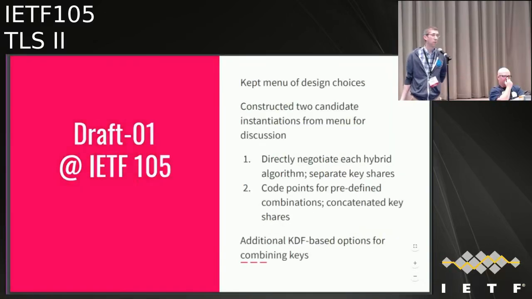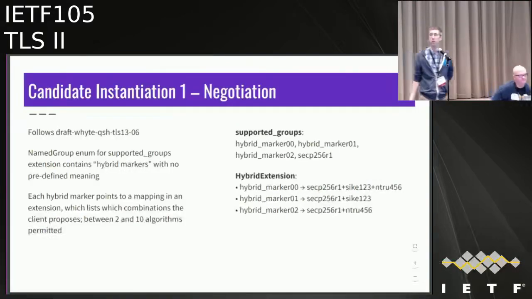Next slide. So that's what we've done. In the draft today, there is still the menu of design options, just kept there for reference. We've got two candidate instantiations, which I'll talk through today. The first option directly negotiates each algorithm and separates the key shares. The second one follows what some of the implementations have been doing, having code points for each defined combination. We also added a new KDF that was suggested by someone on the mailing list. Next slide. So in the first instantiation,